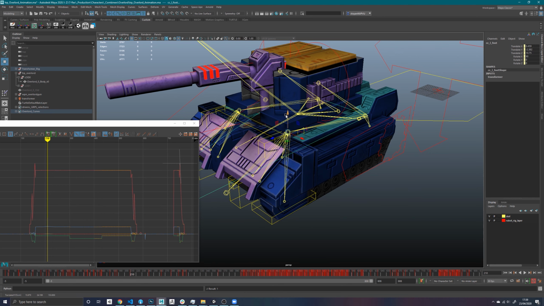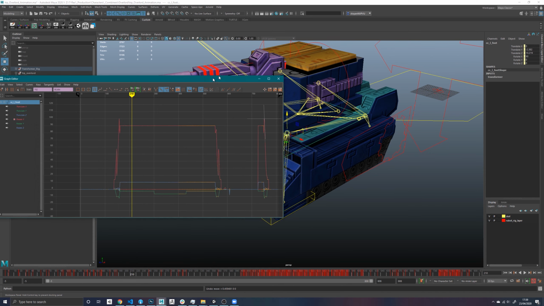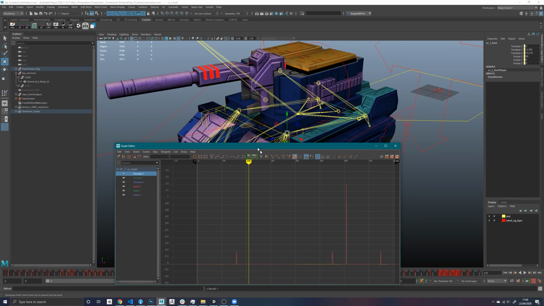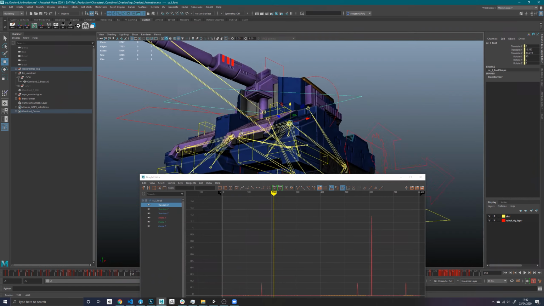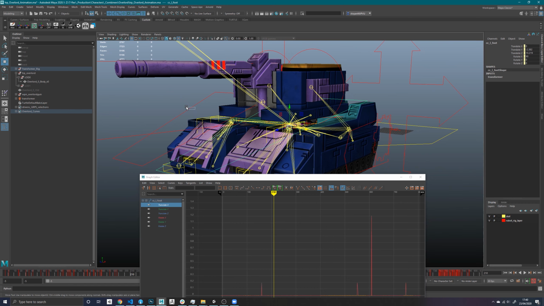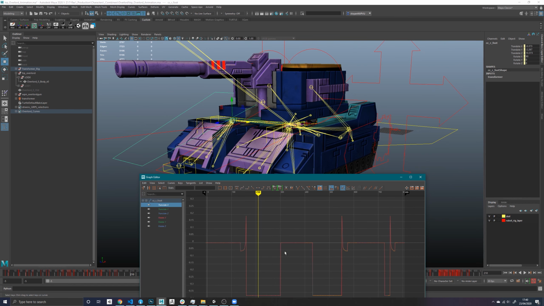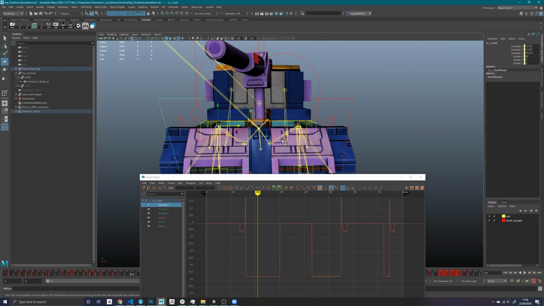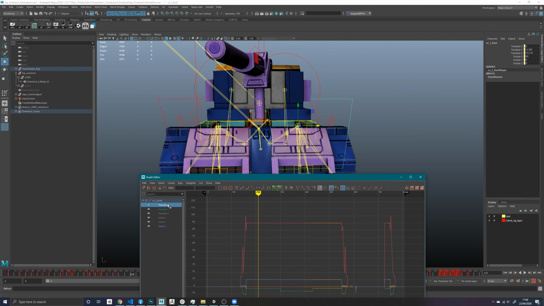Let's translate X. I wonder, is it the same on this side? No, there's a bit of a translation on here, isn't it? It's not exactly mirrored. It's not exactly symmetrical. Yeah, you can see the distance between these two is different. Alright then. So in this case, we're gonna have to